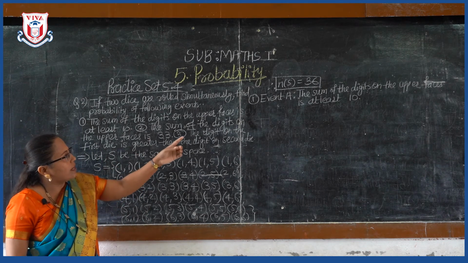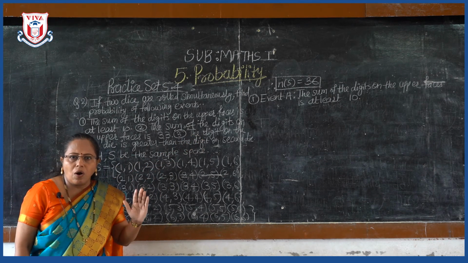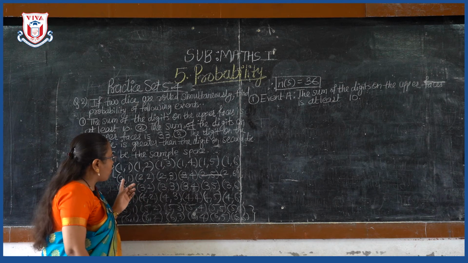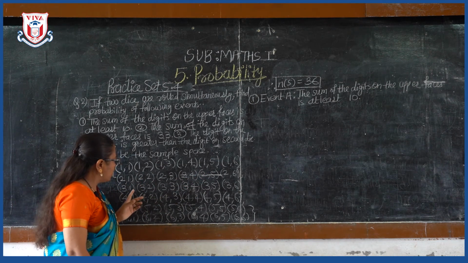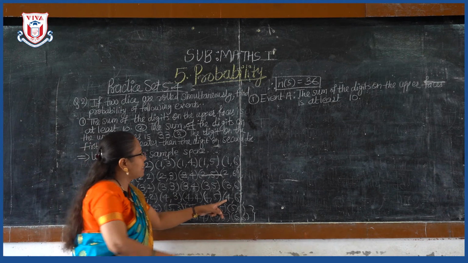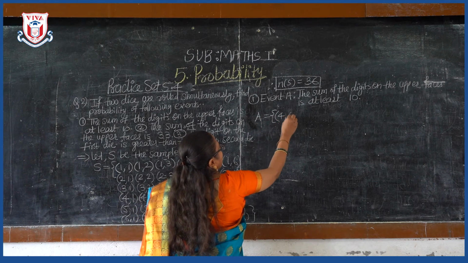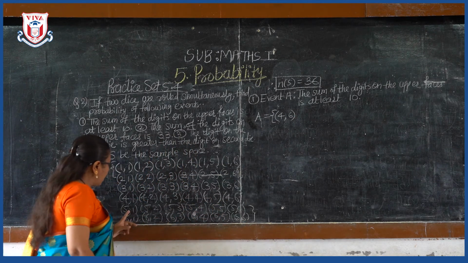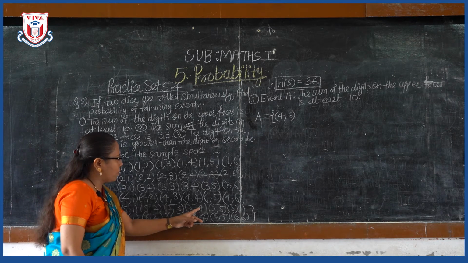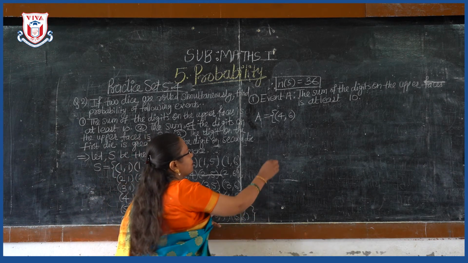And this sum we want at least 10. At least 10 means 10 or more than 10. Okay. So observe this result. From where we can get the sum 10? See, the first result is 4 6. 4 plus 6, 10. So here first result 4 6. Now see, 5 plus 1, 6, 5 plus 2, 7, 5 plus 3, 8, 5 plus 4, 9. This we can't take. Now 5 plus 5, 10. So the next result is 5 5.